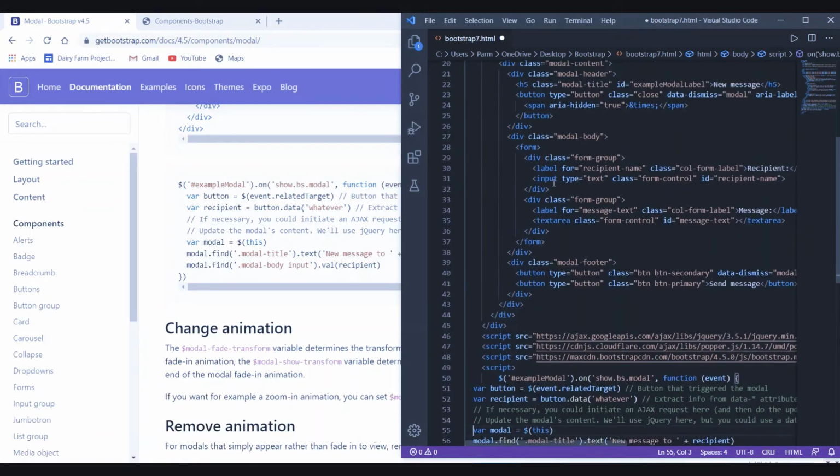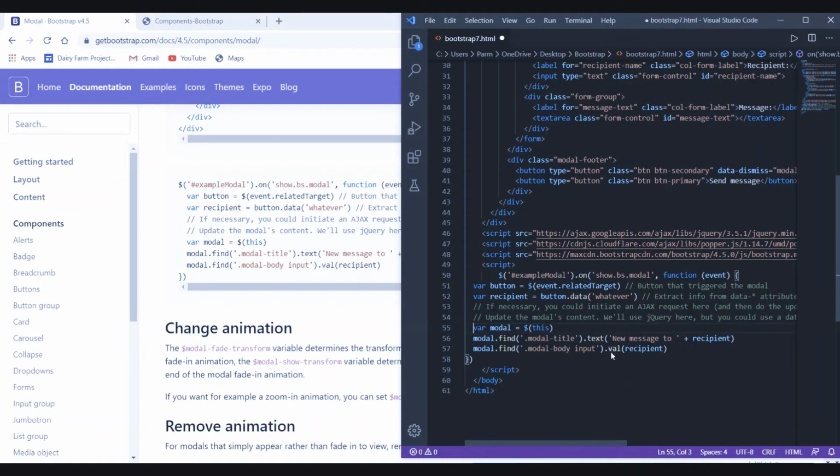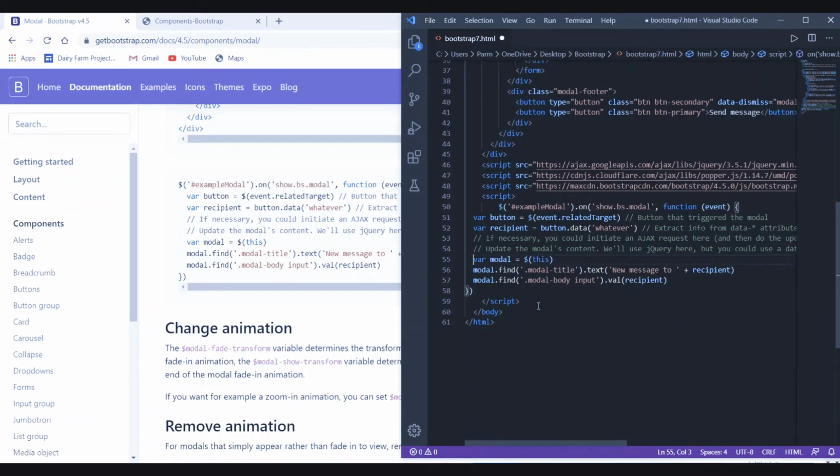Where we have taken the input, the value of the input will be the value of the recipient. So we have done this.